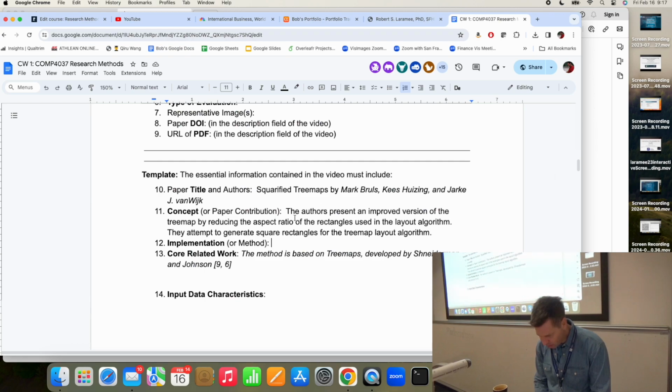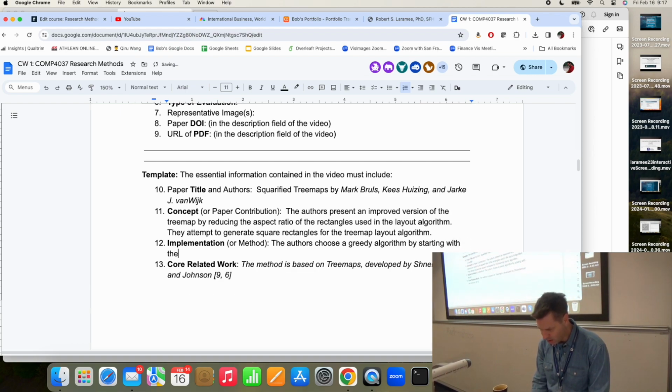So this is going to be my summary of the implementation. The authors choose a greedy algorithm by starting with the largest sibling node. They place the rectangle using the standard tree map layout algorithm,